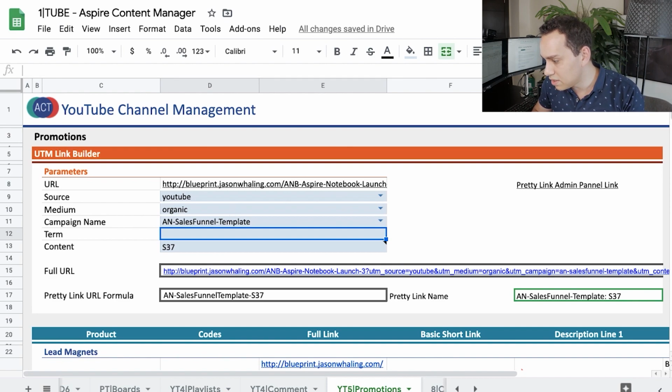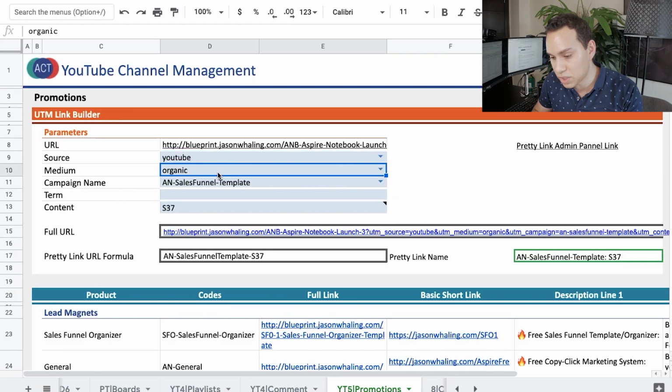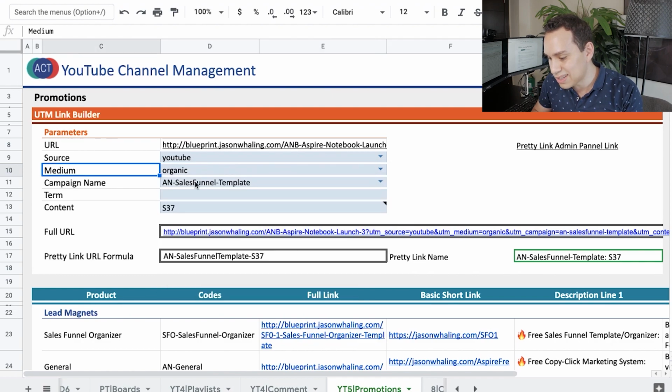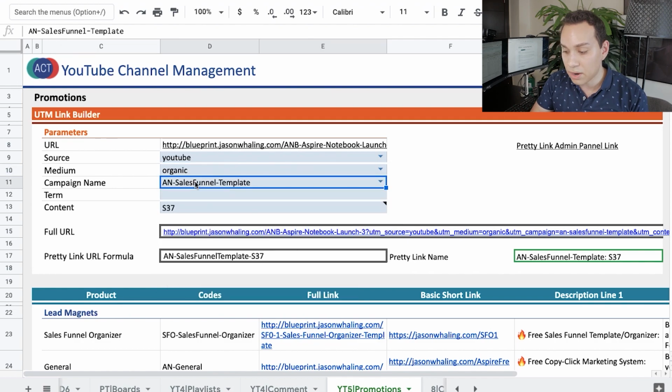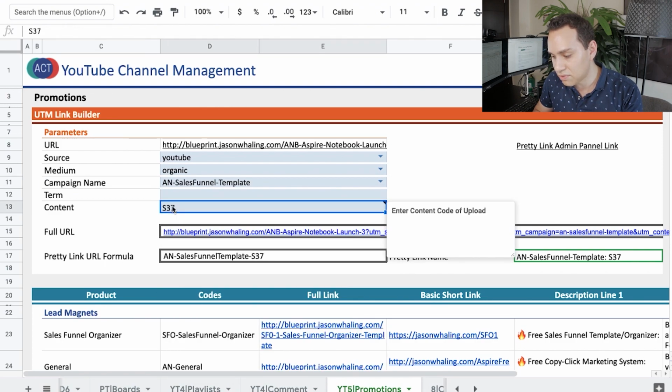Okay, so in this particular Google sheet, what you'll see here is the source, which is YouTube, the medium, which is organic, and of course it could be paid or it could be email or YouTube in-stream or discovery, but it's just gonna be organic, and then we give it a campaign name. Now, what I like to do is I have all of my funnels have a three-letter code. This is a little legacy because I wasn't always this organized. So what I do here is we have all of our different lead magnets are essentially their own lead generation funnel. So I say this is going to be the AN sales funnel template,